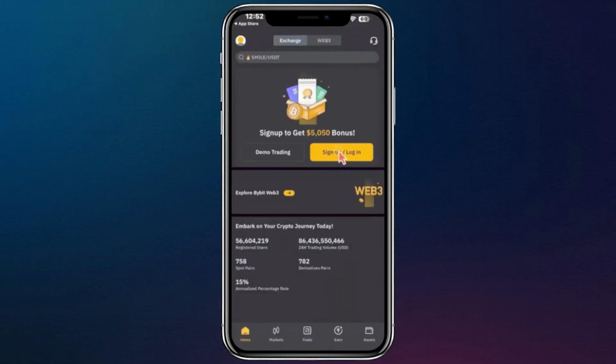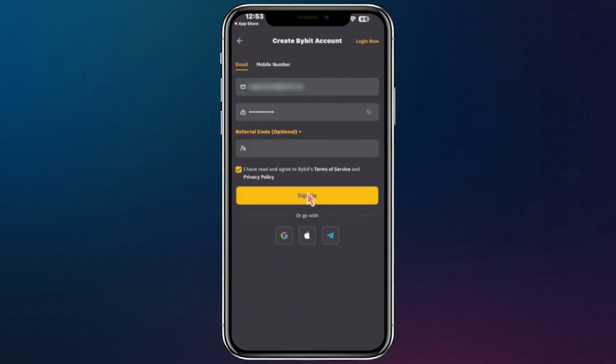In this video, I'll show you how to open and verify a Bybit account. To begin, open the Bybit app on your phone and access the main dashboard. Tap on the Sign Up option to start the registration process. You can choose to register using your email, mobile number, or Google account, but for this demonstration, we'll use an